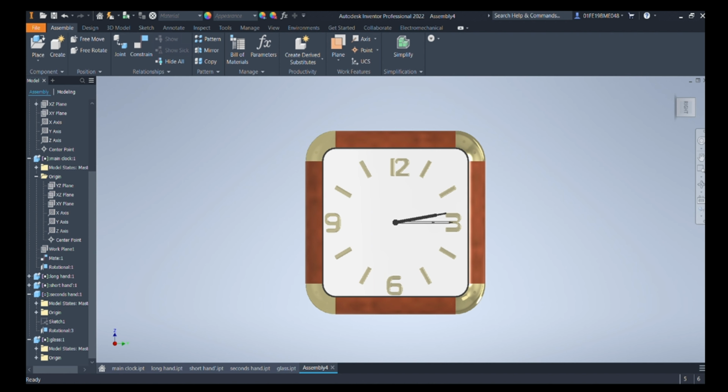So after giving 6 degrees, yes, now it rotates good. Actually it's rotating the wrong way, anti-clockwise, but yes, we will now again select it clockwise. Yes, now it looks good.